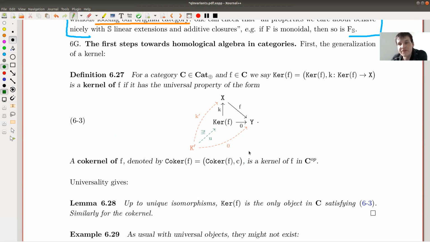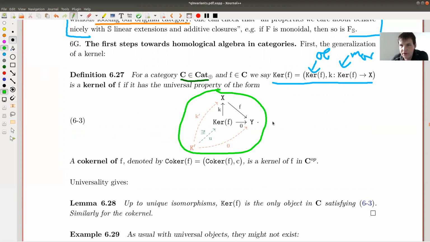The first thing that kind of rarely exists is the notion of a kernel. So let's say you have some additive category. For abelian categories, I always assume that it's already additive. And the point about abelian categories will be the Frey-Mitchell theorem anyway, so I'm skipping through the hard part about these definitions here. A kernel is something with a universal property. It's a choice of an object and a morphism such that a certain diagram commutes.